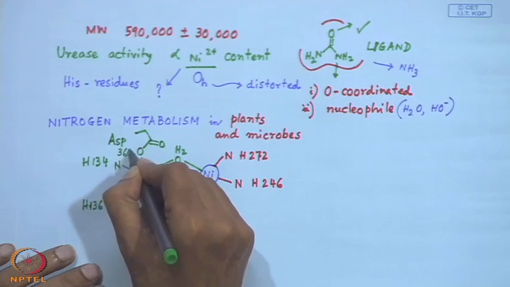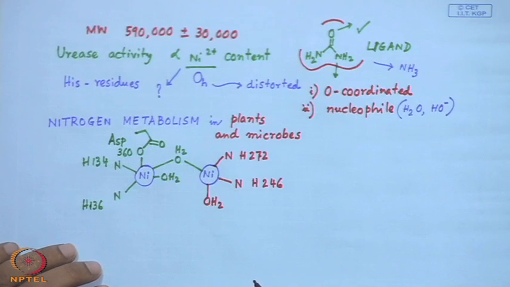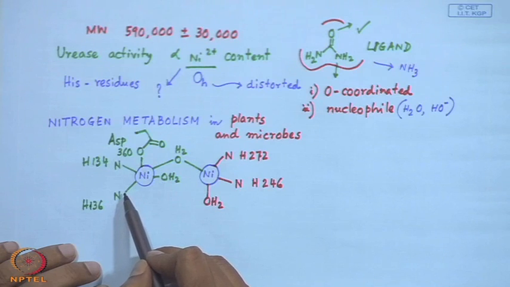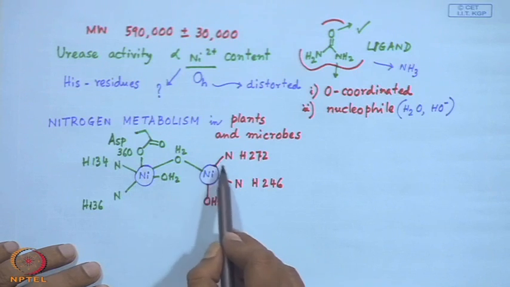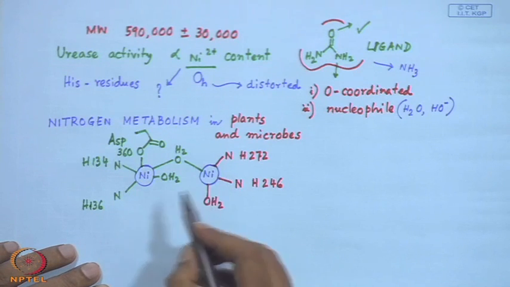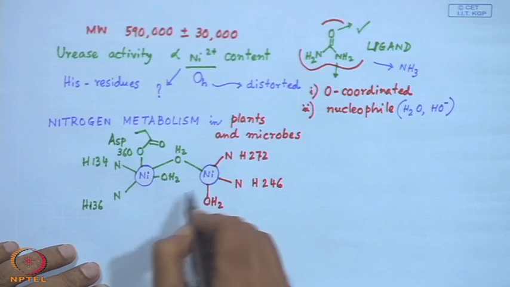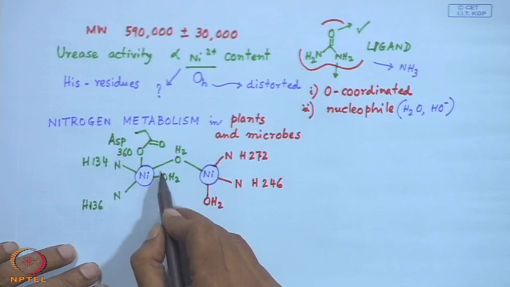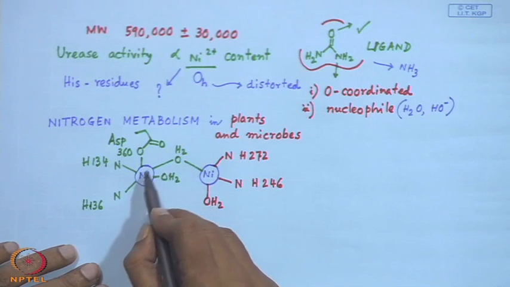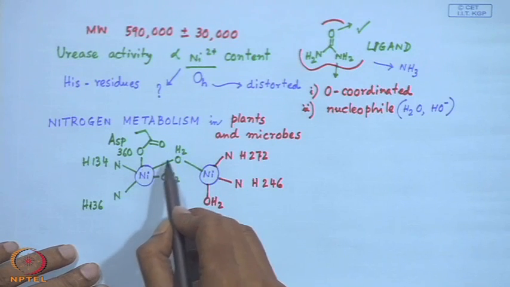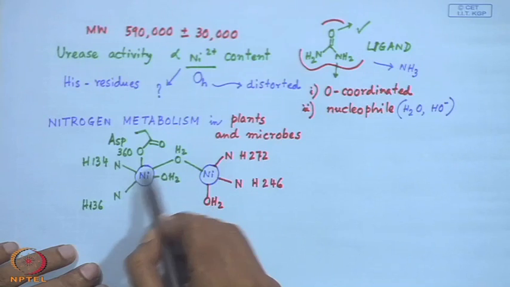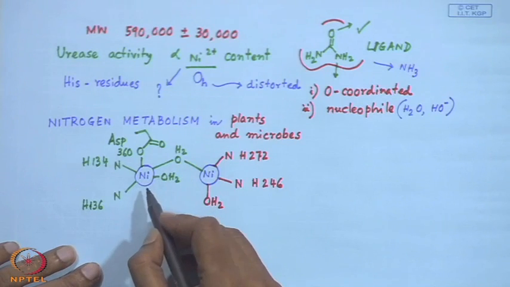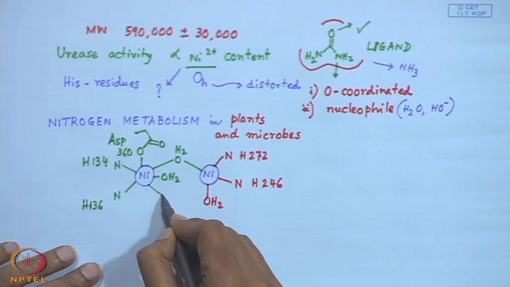So, altogether we have taken 1, 2, 3, 4, 5 coordination sites around this nickel and 4 coordination sites on the other. And to support this dinuclear entity, there is the monodentate coordination of a single water molecule, and this water bridging is also very weak, even if it is not symmetric, because it is a very long distance. This water is a neutral one, not a hydroxide or oxide. So, we need some other support from this side,